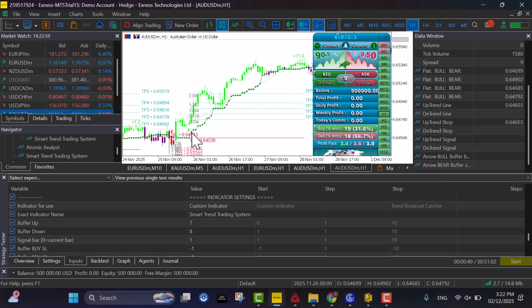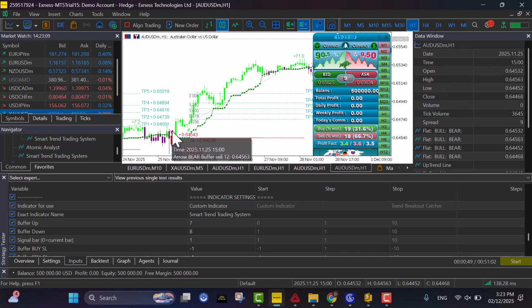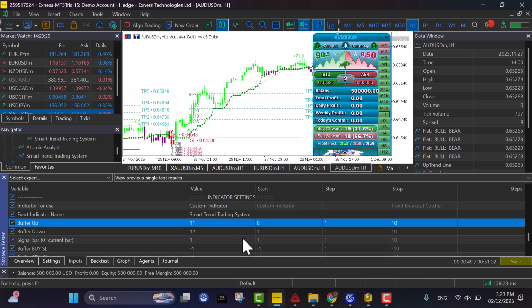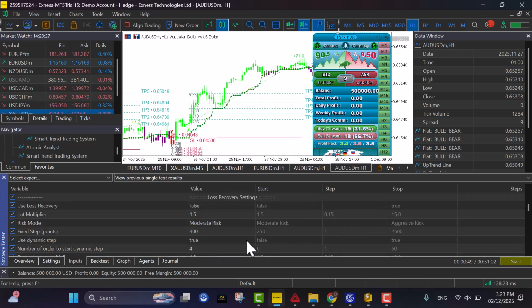The other thing that you can do is hover over the arrow that gives the buffer, and you can read that it says arrow bull, buffer buy 11, right? And then for the sell, it says arrow bear, buffer sell 12. So we need 11, and I'm going to type it here, and the buffer down is going to be 12, right? So with that being said, everything is set up, and I can go to whatever